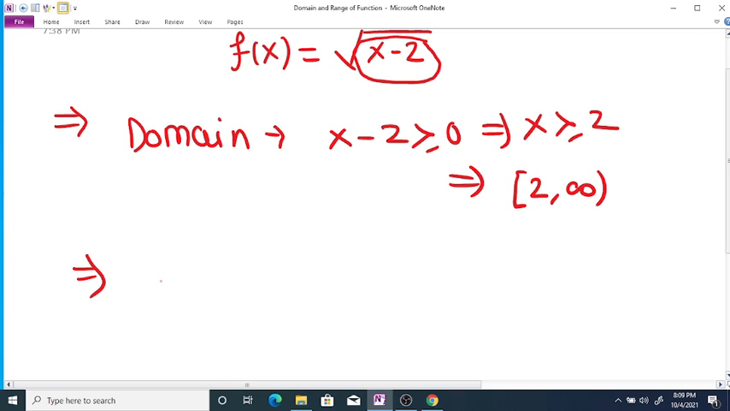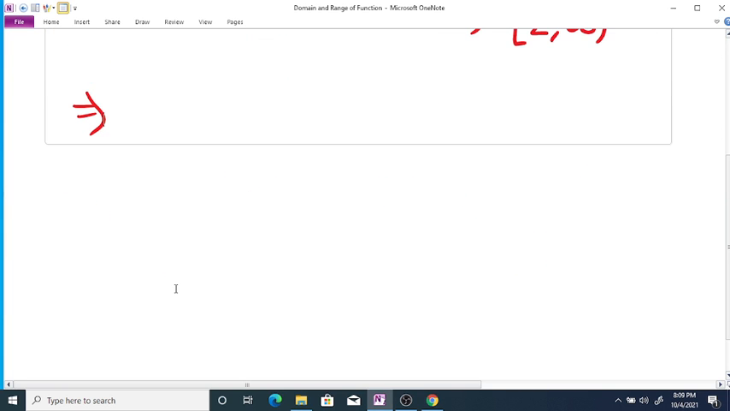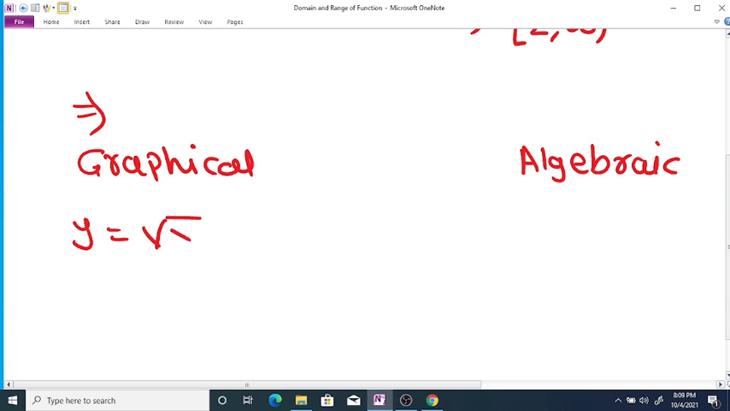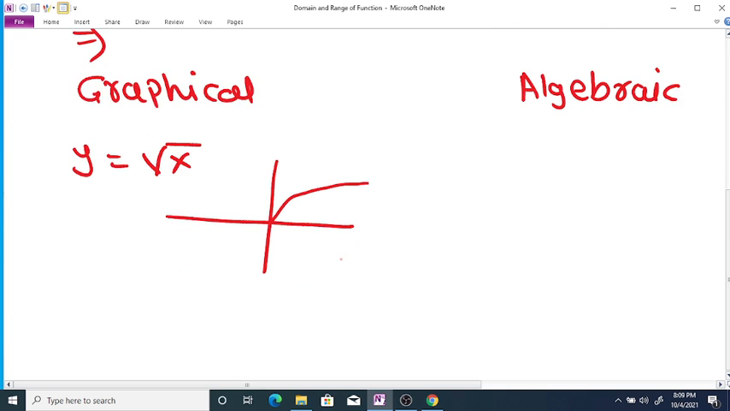Now for range we can use the algebraic as well as the graphical method. First, the graphical method. We know that the graph of y is equal to square root x is the graph of the square root function,